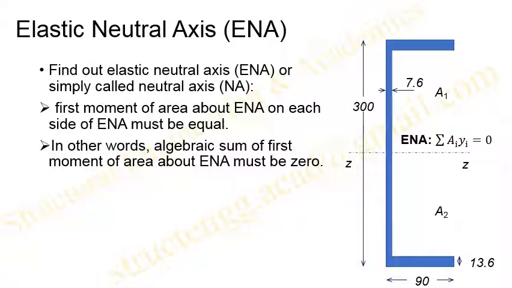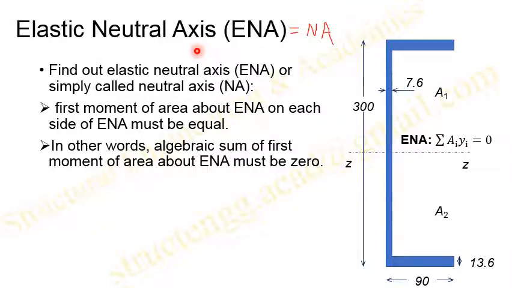Elastic section modulus is calculated using the first moment of area, and the elastic neutral axis is the same as the neutral axis we have been going through in the initial years of engineering. So it is not to be confused, it is the same as the neutral axis which we have been studying in our engineering in general. Because in the previous video we discussed the plastic neutral axis, here I am stressing on it as elastic neutral axis.